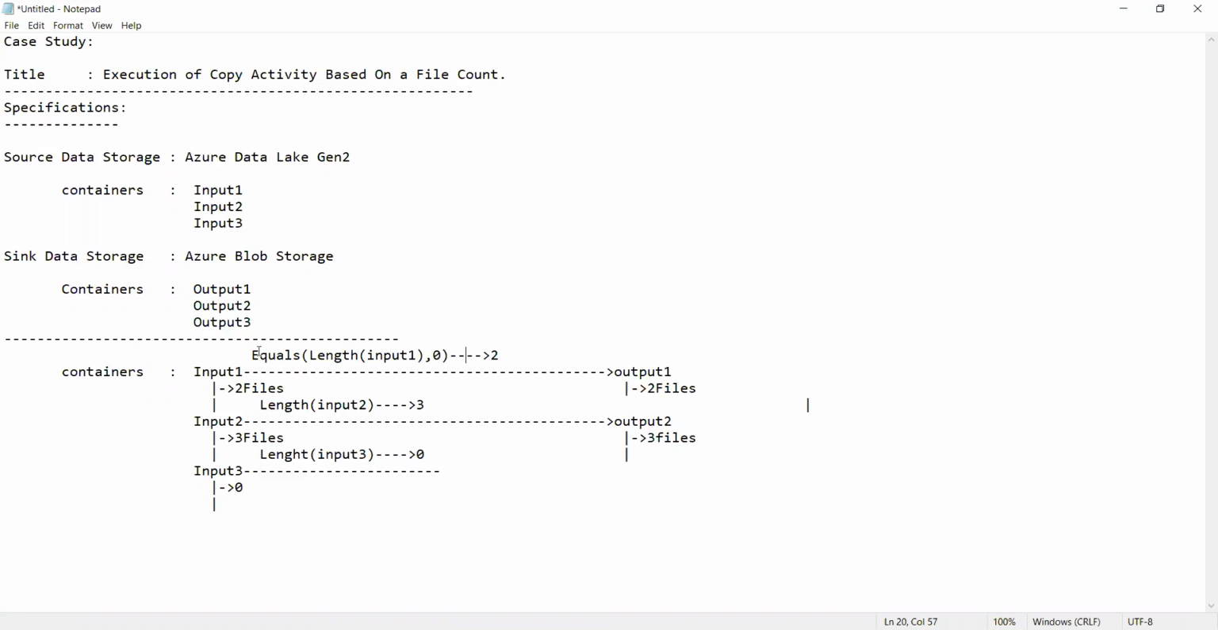No, false. So this is a false condition. That means if it is false, carry out the copy activity. Am I right or not? Yes. In the same way, in the second condition, if I'm applying it, equals